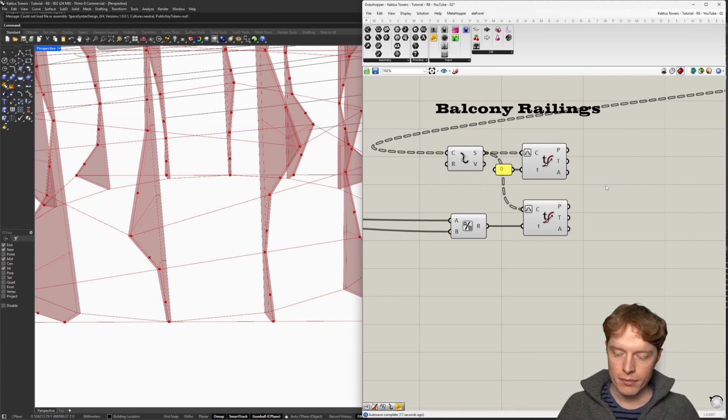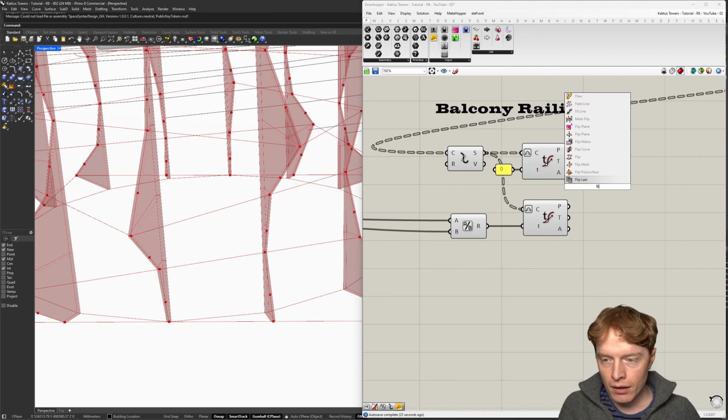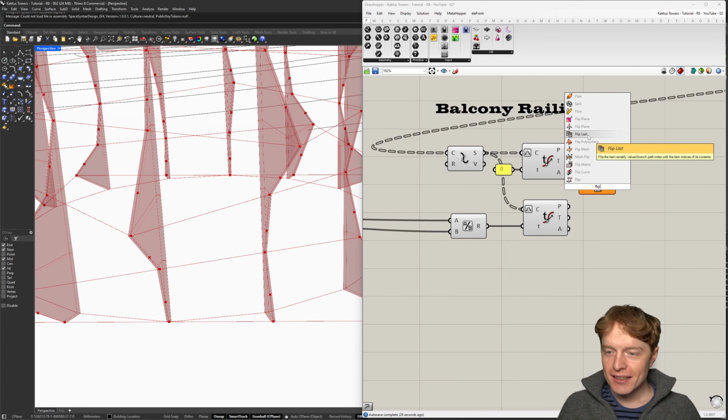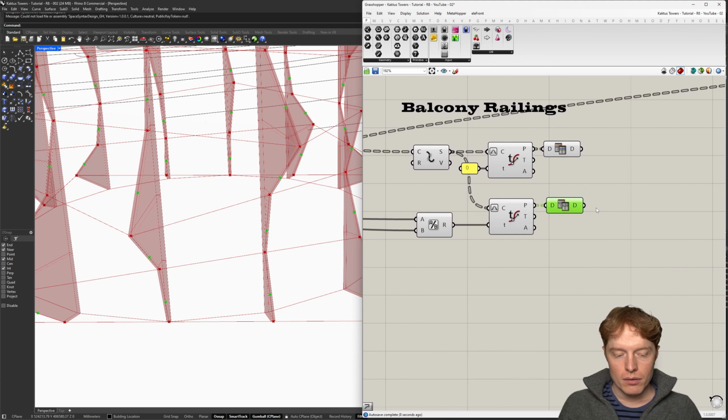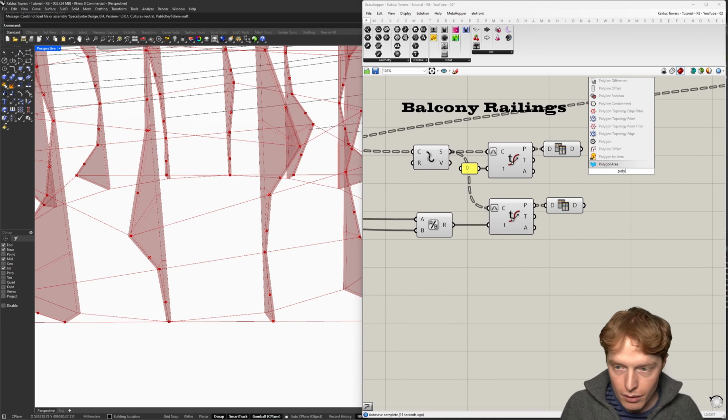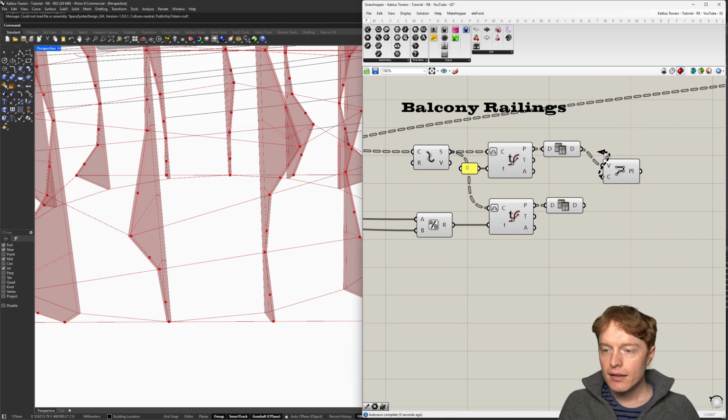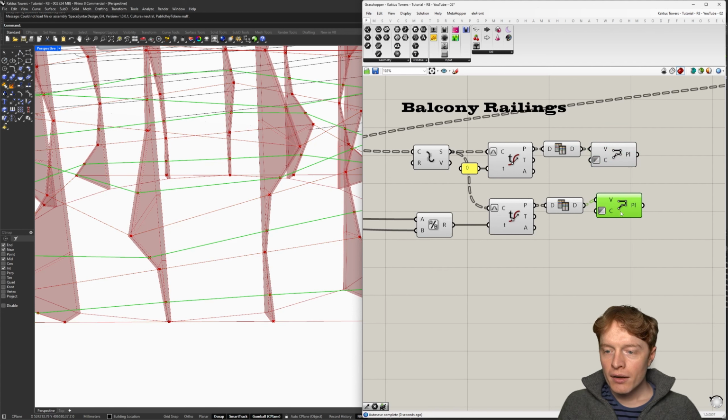So next, these will be going up the building, as we created balcony walls that go up the building, and we want them to be going around the building, like you'd imagine a balcony would. And so what we're going to do to get that is, again, use flip last, and this is going to give us our balcony railing points wrapping around the building this time. And what we will do now is create a polyline from these, and make sure to close it using the invert boolean. And now we have a top and a bottom curve wrapping around the building,